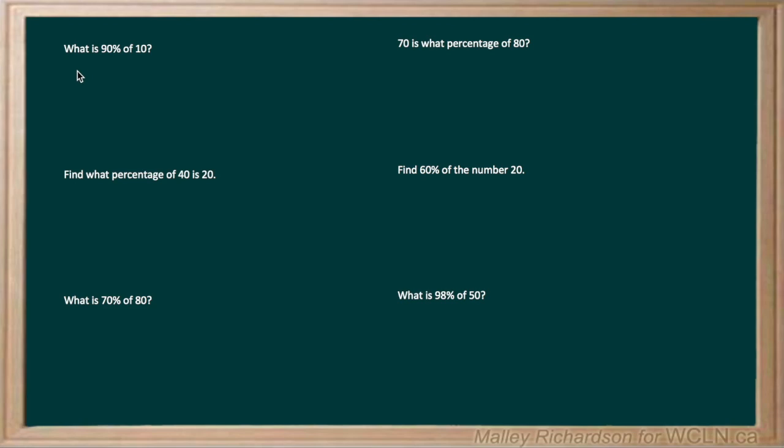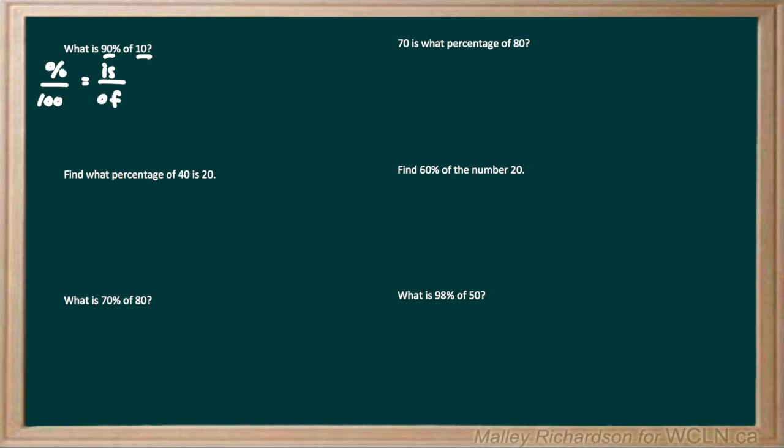Our first question states, what is 90% of 10? Now we're going to start this problem and every other problem off the same way. We're going to write our formula of percent over 100 is the part, or is, over the whole, or of. Now using this formula, we are just going to fill in our blanks. We are given the percent and we are given the whole, so now we just need to find the part,